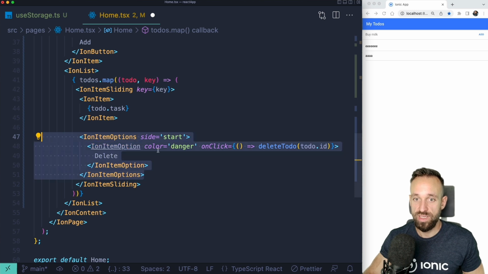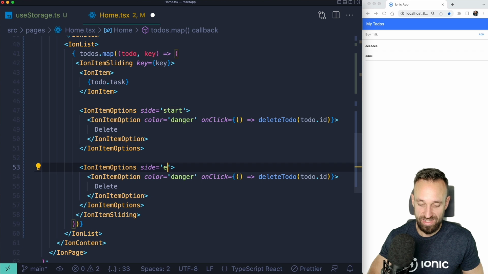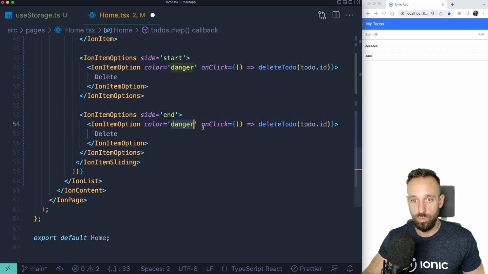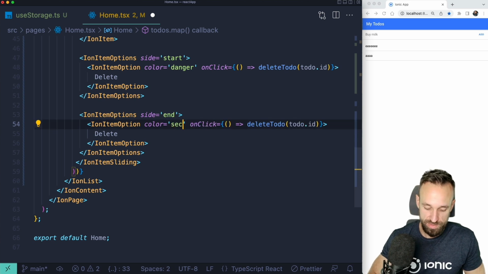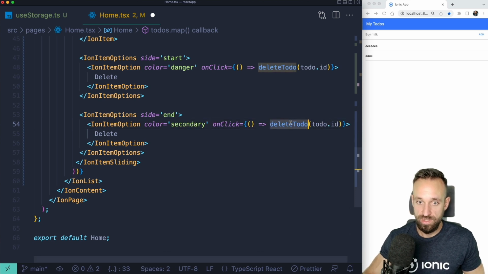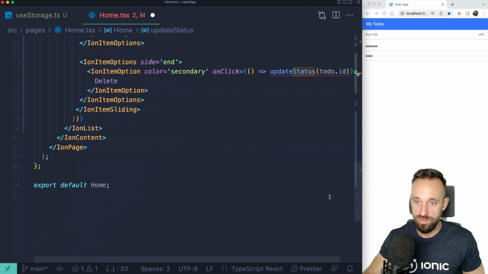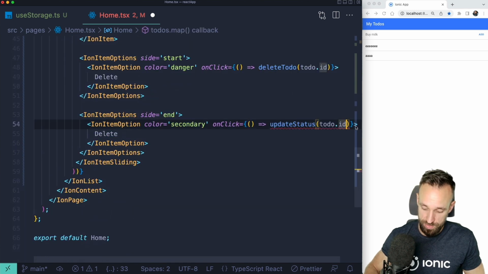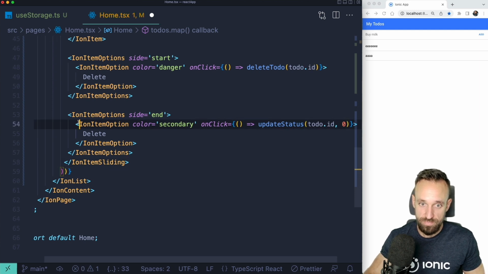And now we're going to copy that block, and we're going to simply put it into the side end instead. And what we're going to do is we're going to use here the color. No, let's use the secondary color, and this will update the status of our to-do, and that expects the ID of the to-do and a new status. So I'm going to use for the first one the status 0, and this will